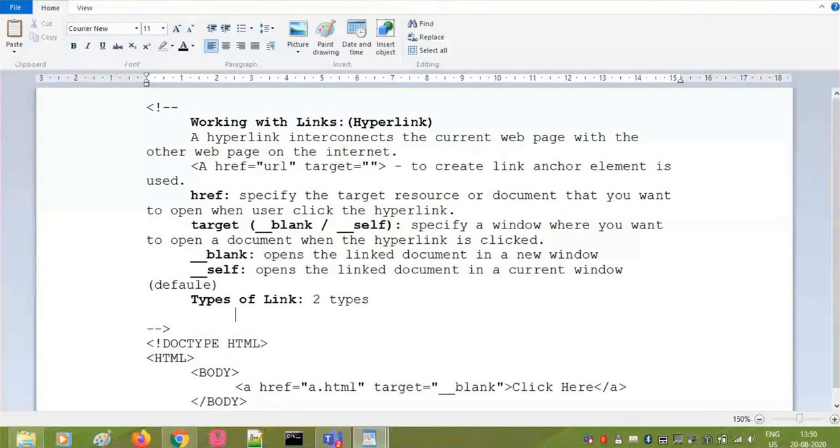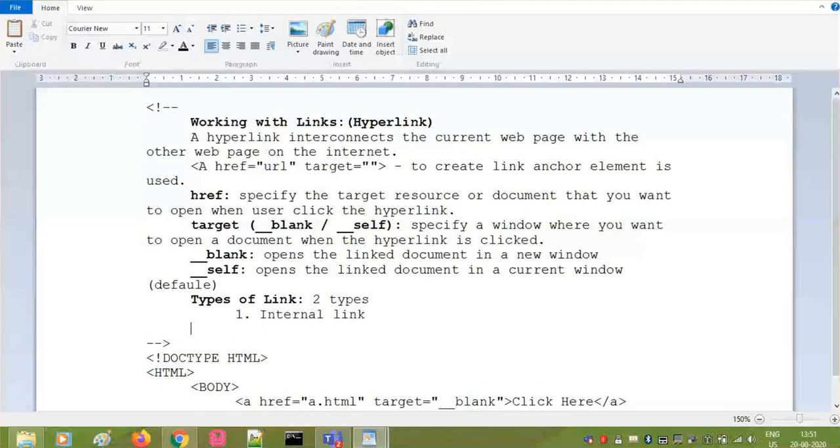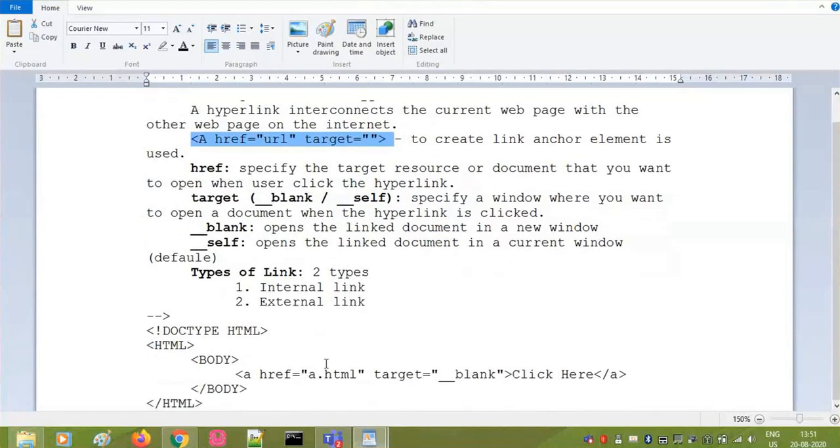So let us see what are the different types of link. Number one is internal link, and second is external link. There are two types of link. Number one is internal link, and number two is external link. So the difference between internal and external is this: the link which we have seen, this link which we have seen, this particular link is called as